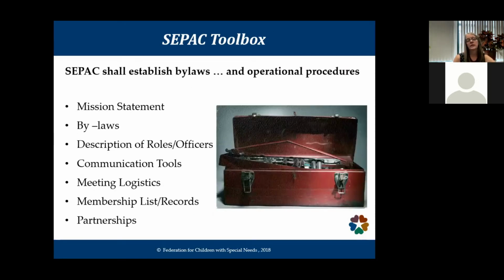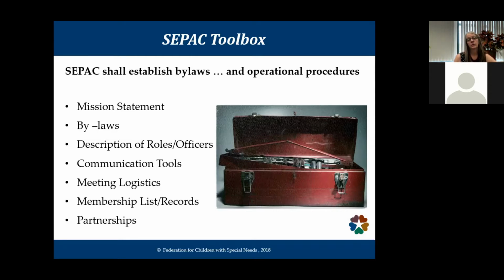And I said earlier that each CPAC operates independently and locally. So they establish their own bylaws and how they operate. They're all very different. Cambridge operates very differently from Gloucester, from Dennis Yarmouth and South Hadley. It's regional, it's size of school, it's school culture. We recommend at MassPAC that they set out a mission statement so people know what they're all about. They make their bylaws available so people know how they operate. They describe the roles of their officers so you know who does what,